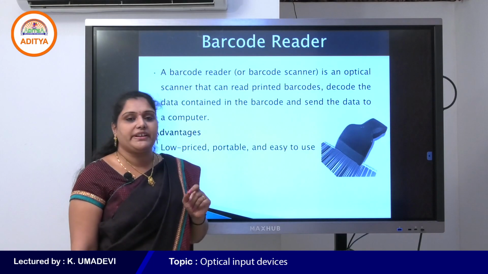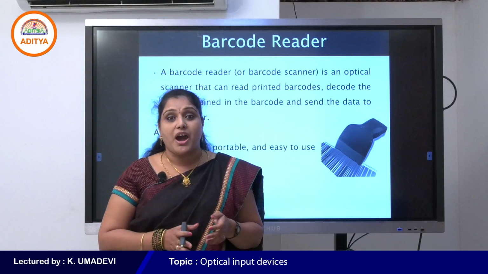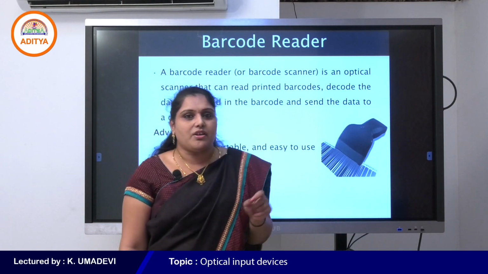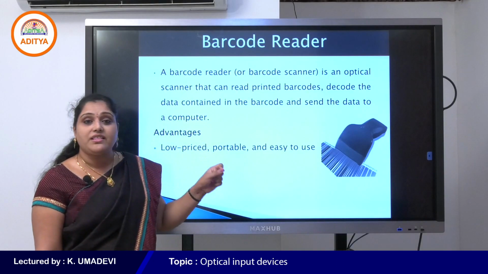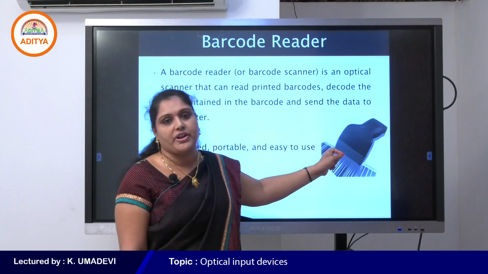What is a barcode reader? A barcode reader is also called a barcode scanner. It is used to scan the barcode that is available in most of the products.